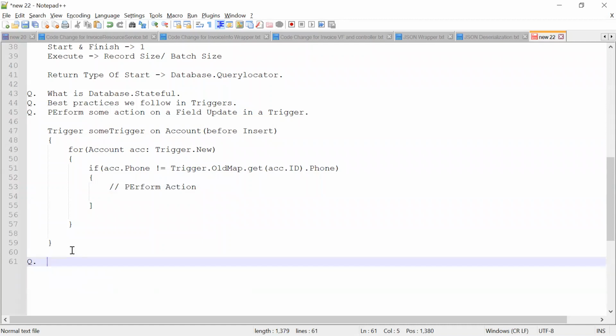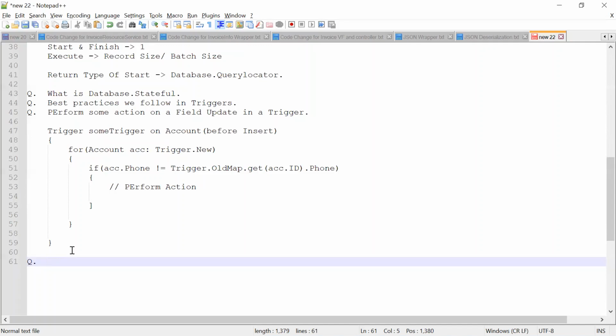Okay. Can you use trigger.new for before delete? If we delete, then we will get the new values, right?